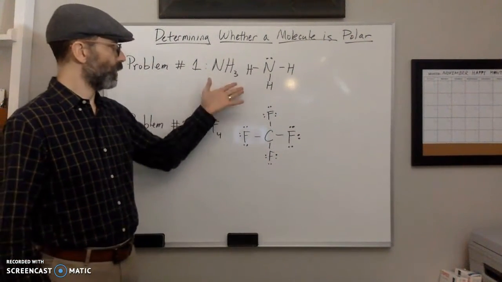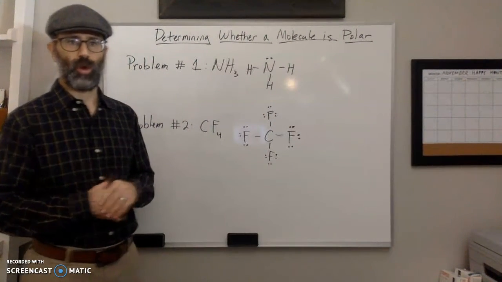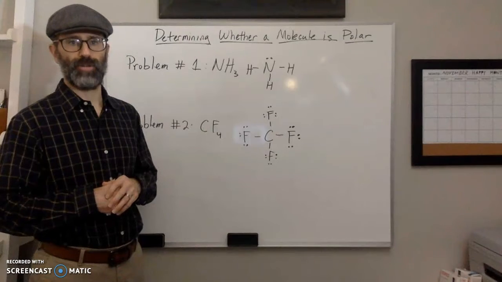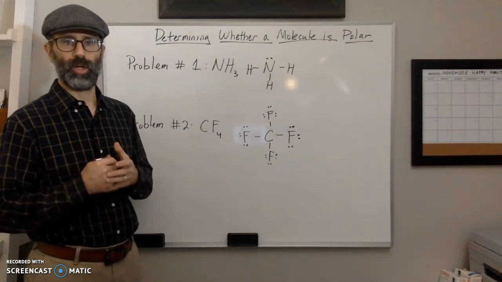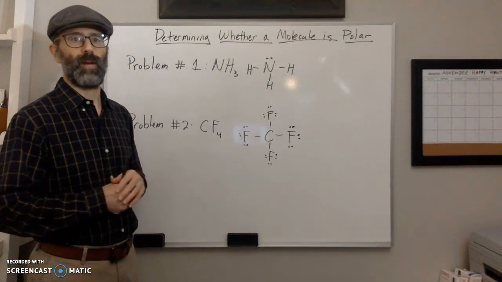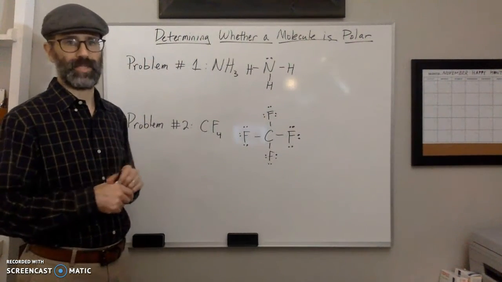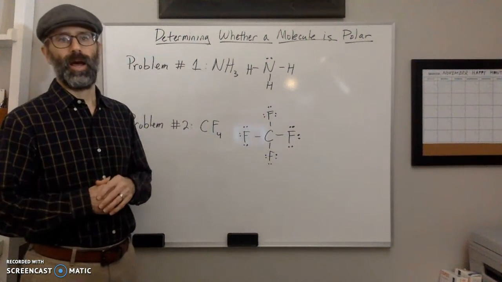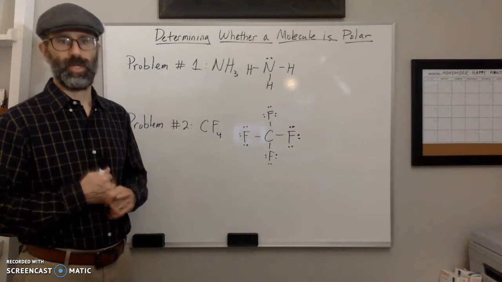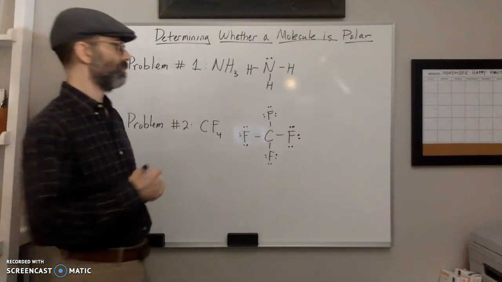For ammonia, you see that there are 4 electron groups. So 4 electron groups tells you that the electron geometry is tetrahedral. But we have 1 lone pair, so the molecular geometry is not going to be the same as the electron geometry, tetrahedral. When you have 3 bonding groups and 1 lone pair, the shape is going to be